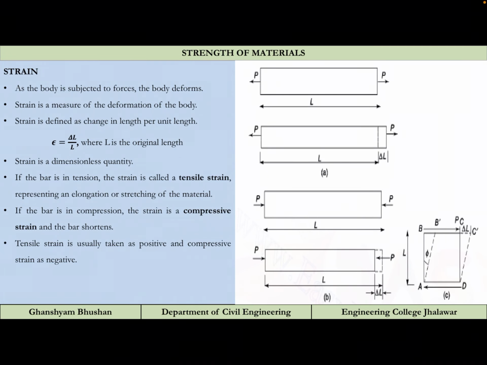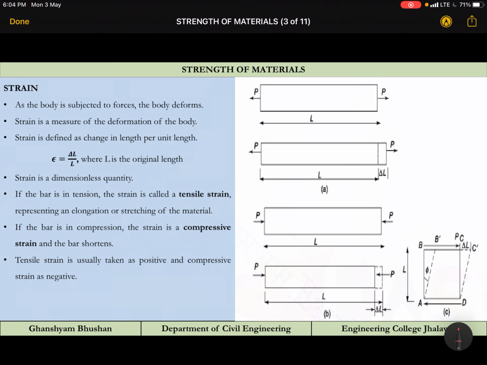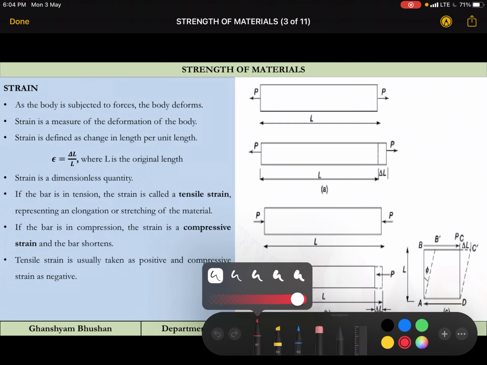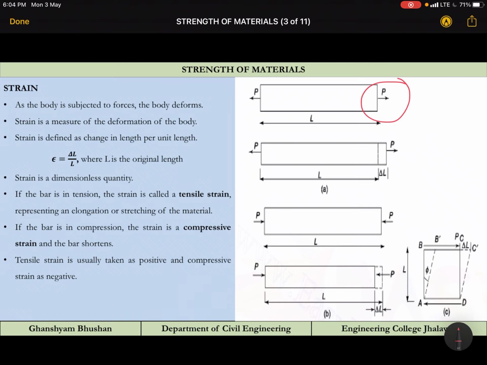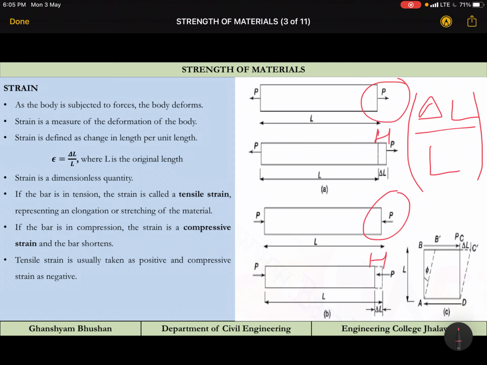Now after stress, let us see what strain is. If a body is subjected to some type of load, then if the force is tensile, it will elongate like this. This is the elongation. But if we compress it, it will get shortened. This delta L, whether tensile or compressive, whether expansion or contraction, divided by L, the change in length per unit original length, is termed strain.